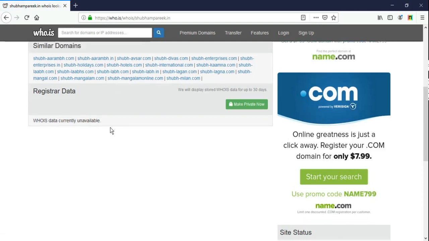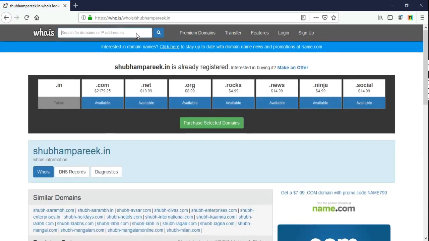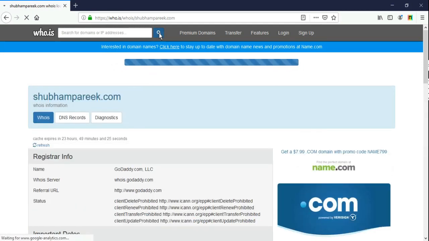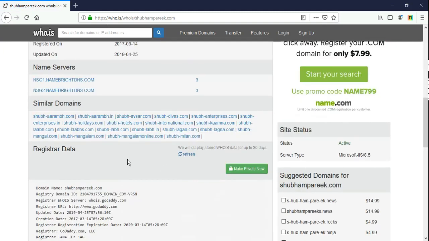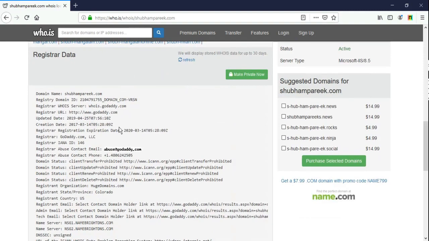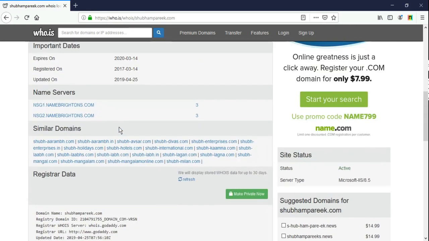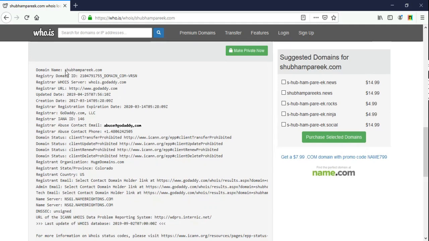Okay, data currently unavailable. So let's try on another website, which is shubhamparik.com. Let's search for it. Okay, so it says registrar info is GoDaddy. So I have purchased this domain from godaddy.com, but it has already expired and I am not the owner of this domain anymore, right? I don't own this website now, but it says domain name is this, registrar is GoDaddy, and website updation creation